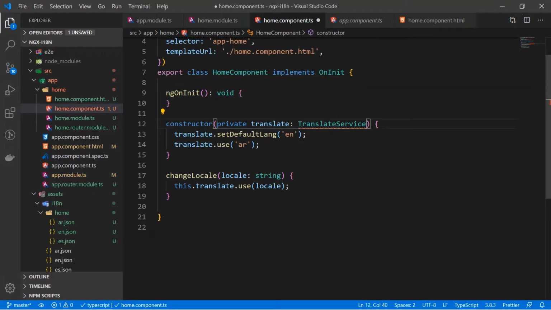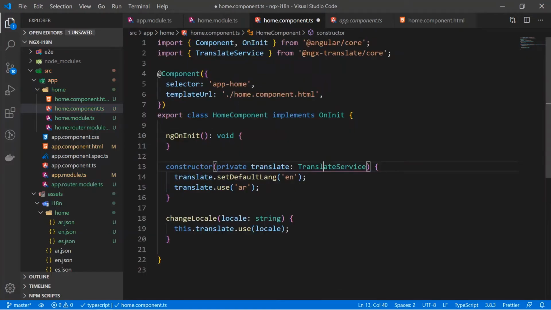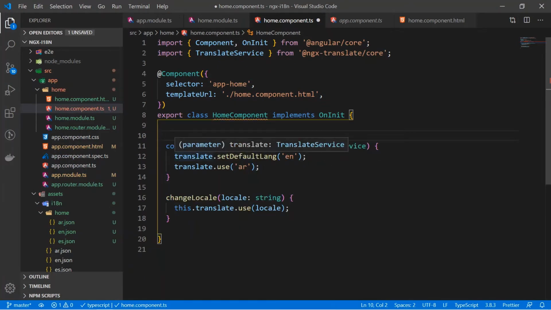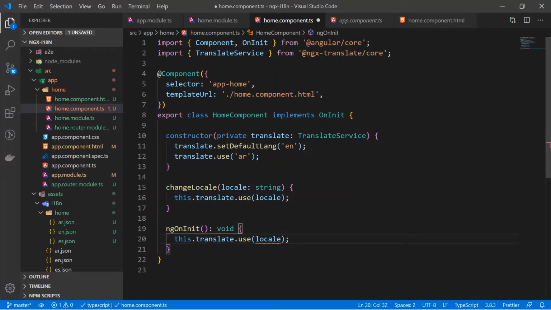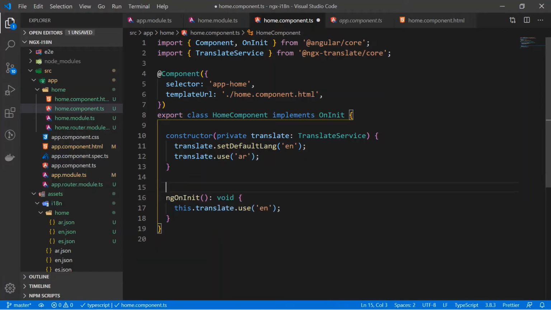So we need this, so we'll import it. Now let's cut it from here and put it down. For now we don't need this, but we'll need this inside. We can get rid of this.